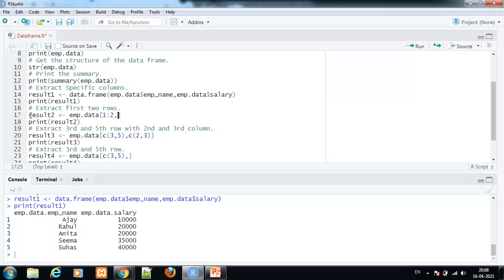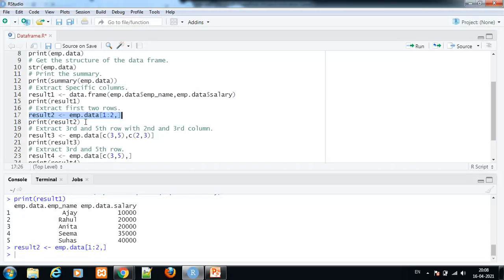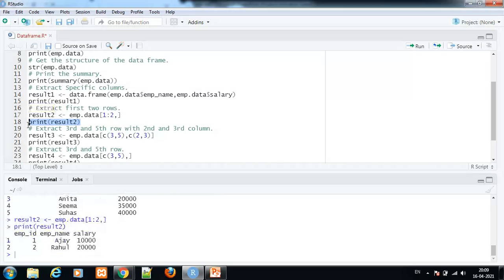Now we see the first rows, Control Enter. The first two rows are extracted.